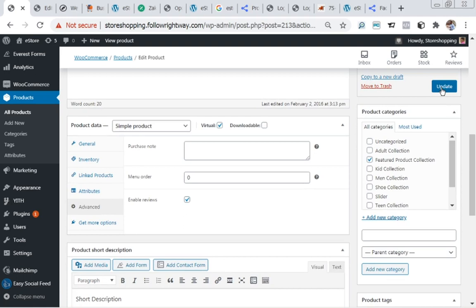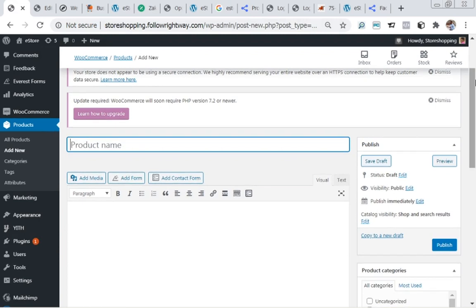Now this is a little explanation I can give about this, but I would like to go afresh to the new product, how to create a new product, in order to show you just what I'm talking about. So let's go over to product and click on add new. Great. Once this is loaded, this is just an example, so I'm going to put anything, but if you want to do your own, make sure you do it standardly. So I will just put